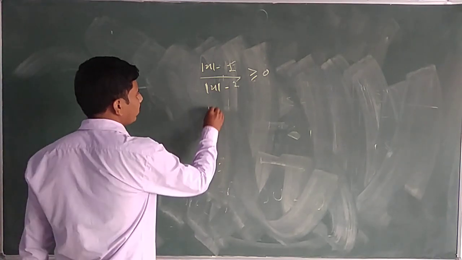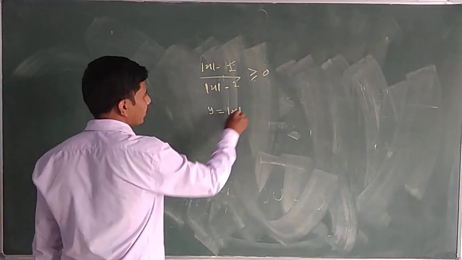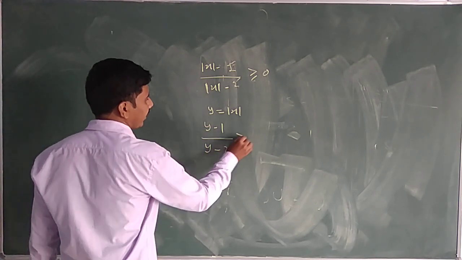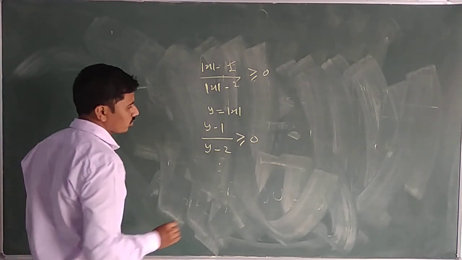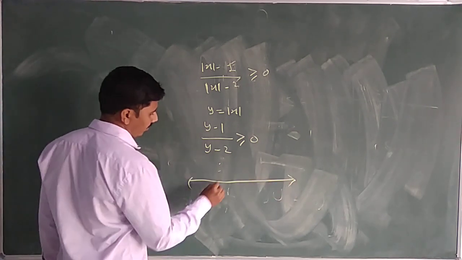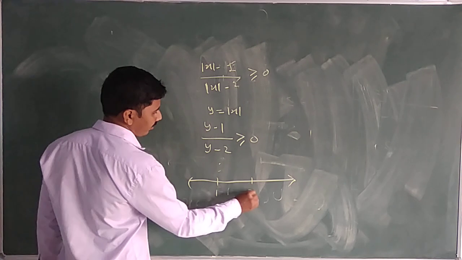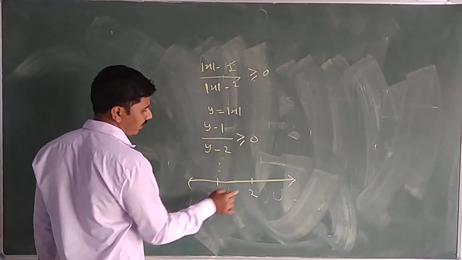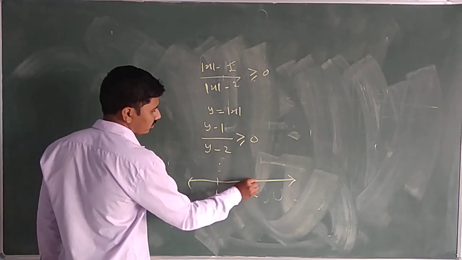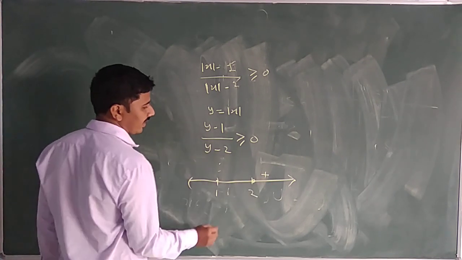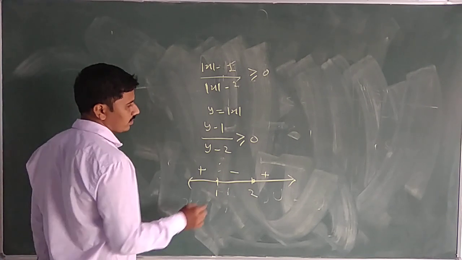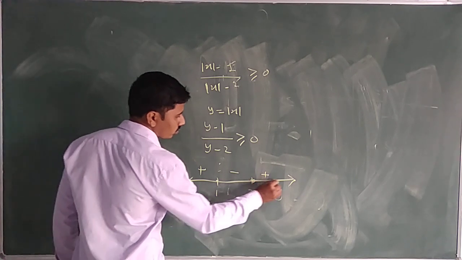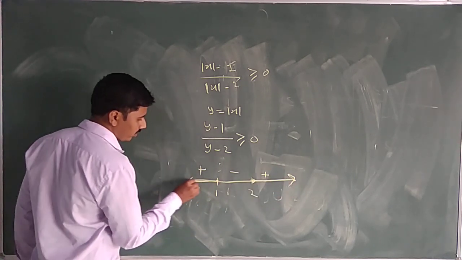So, in this case, we have to replace y is equal to modulus of x and solve this example. So y minus 1 upon y minus 2 is greater than or equal to 0. You know how to solve this example. Draw the graph, equate with 0, take y as 1 and y as 2. These two values we are getting, we have to apply the signs plus, minus and plus there. As this value is greater than 0, it should be a plus. So these two solutions will be coming here. This will be the plus value there.